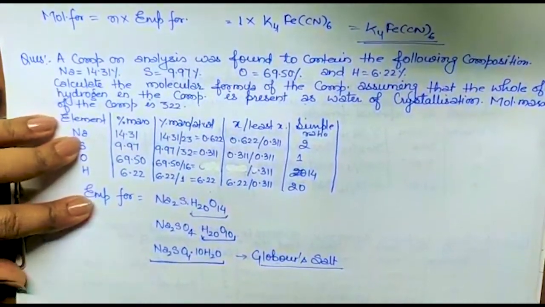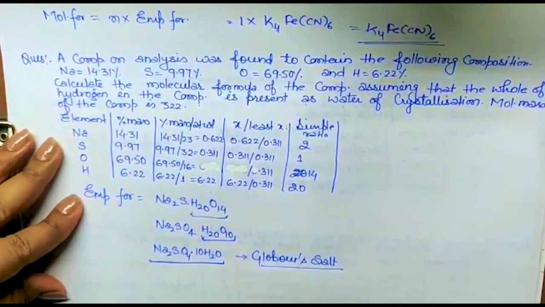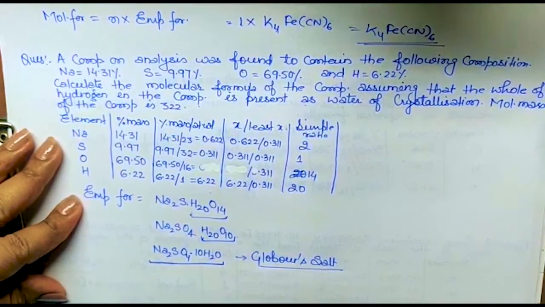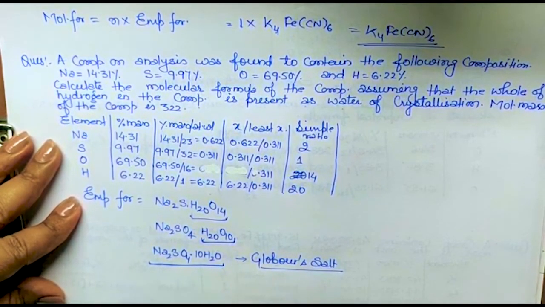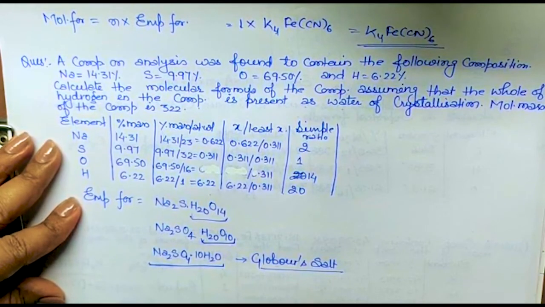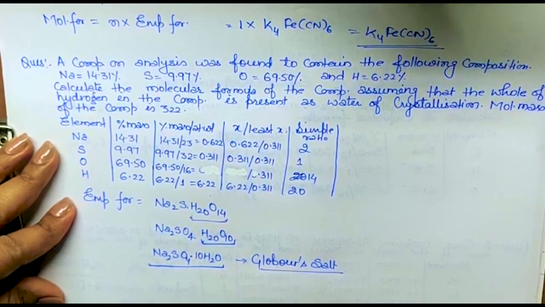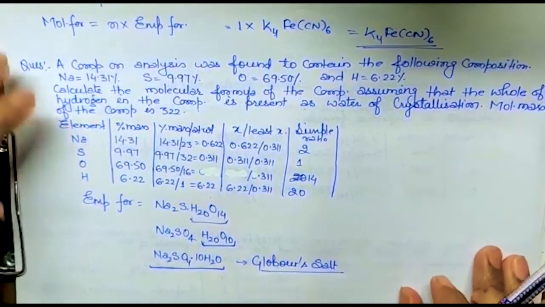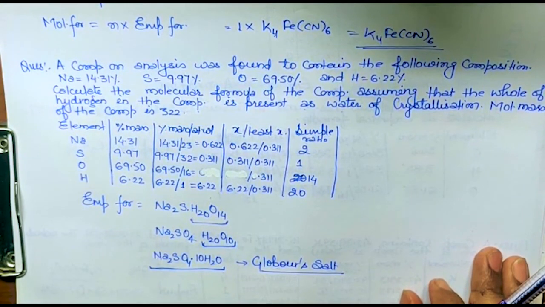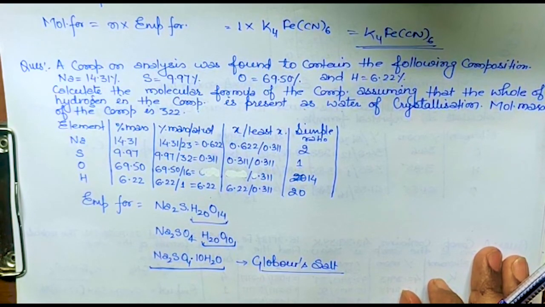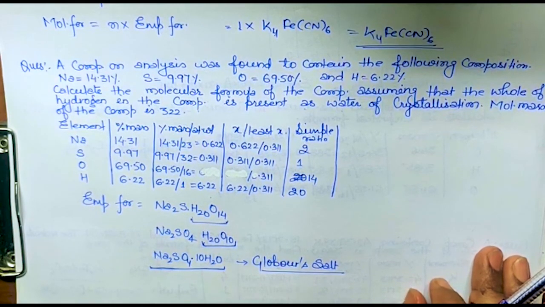So now class, go through this video. If you are getting confused, if there is any problem, just pause the video, watch it again and try to solve the question which I have solved here on your own. Okay. And after that, a few questions I am giving you for practice, so that you will do. After this, we will start the very next topic of this chapter and a very important topic of this chapter, that is limiting reagent. Okay, chemical equation we will start. In that, stoichiometric coefficients and all that are there, so that we have to study. So we'll do it in the next video. Okay, till then, thank you class.